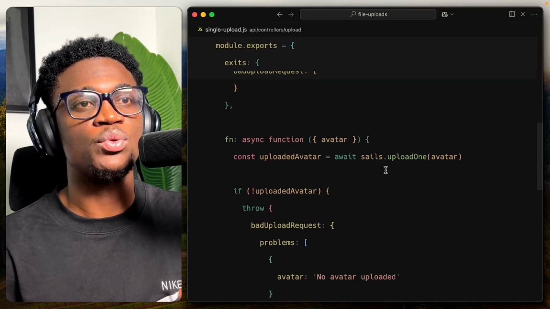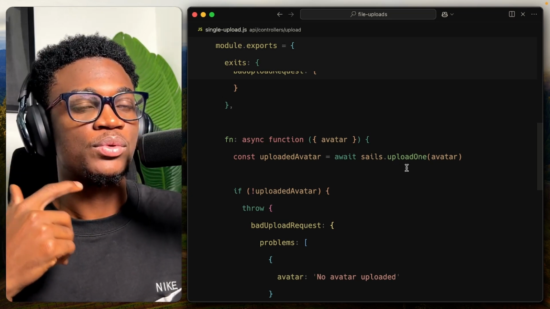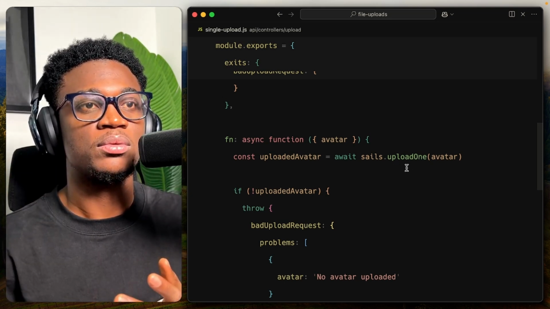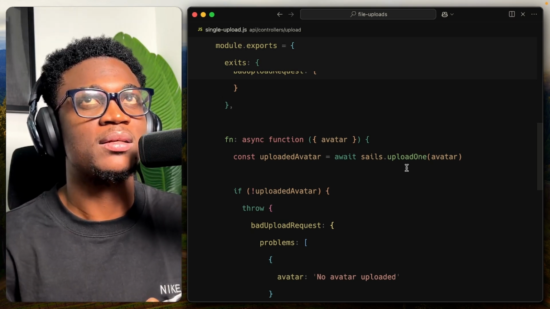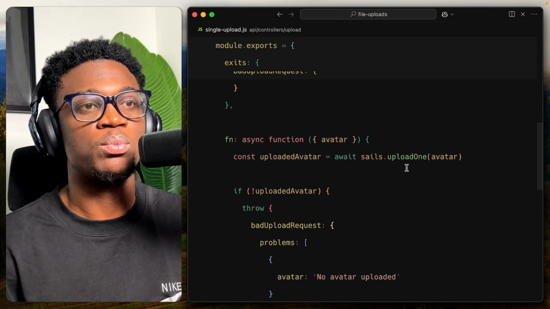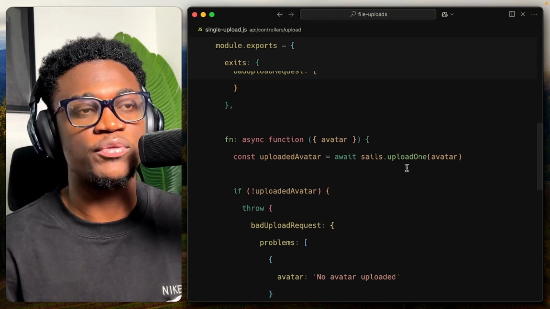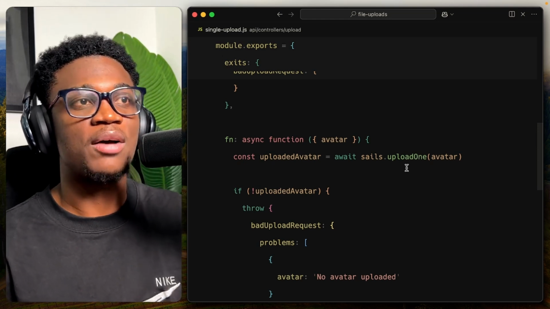Await sails upload one. So the sails hook uploads gives us the dot upload, which is for uploading multiple. Then upload one is very convenient. It's more like syntactic sugar, really, because it just makes sure that you upload one. So it's really good for scenarios where you just want to upload one file for, let's say, an avatar